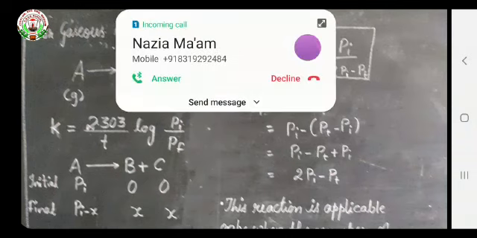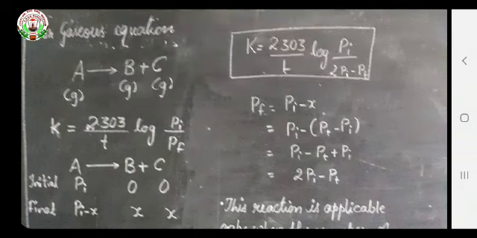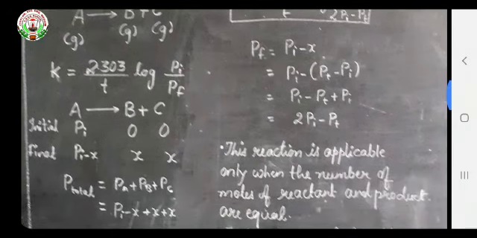So for the first order reaction, we have the expression k is equal to 2.303 upon t log of Pi upon Pf, where Pi is the initial pressure,